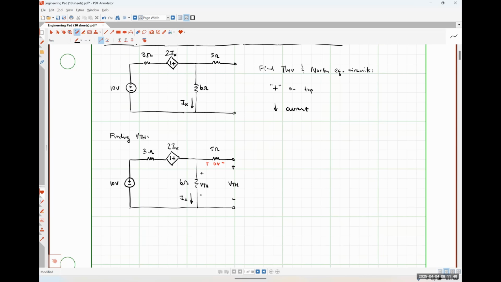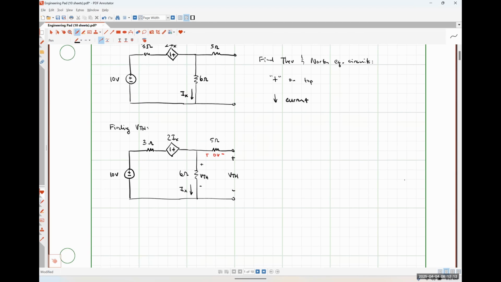So essentially what I'm analyzing here is just a single loop circuit because the 5-ohm resistor isn't going to do anything. So I could set up a system of equations, or I could fall back on the basic fundamentals, KCL, KVL, and Ohm's law, and get the result that I'm looking for much, much easier. So that's what I'm going to do. So applying KVL around this loop,